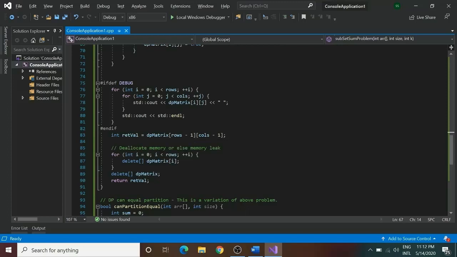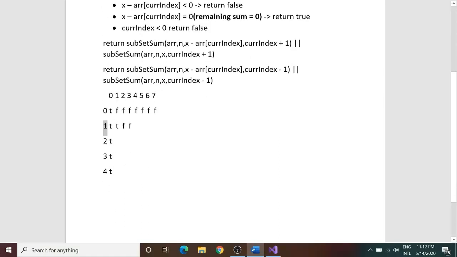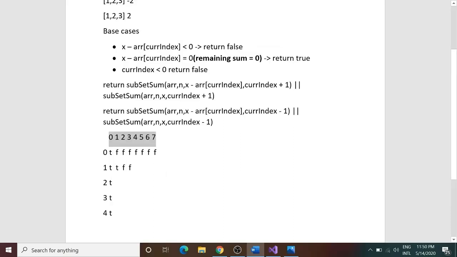Now, what we would be returning over here, we would be returning the rows minus 1 and cols minus 1. And by that I mean to say this thing, I already discussed it with you. What does this problem mean? This is the main intended problem which we were asked. Hence we will be returning that. So if this problem states true over here, if we do have a true in this matrix cell, so what does it mean? It means that we have a sum of 7 as any one of the subsets of the elements 1, 2, 3, 4. And if the matrix cell says false, then what does it mean? That we cannot create 7 out of any of the subsets present in 1, 2, 3, 4.